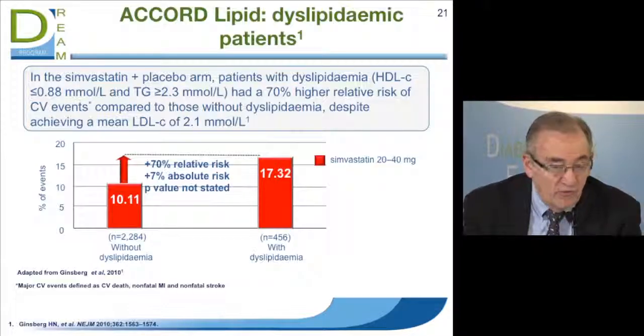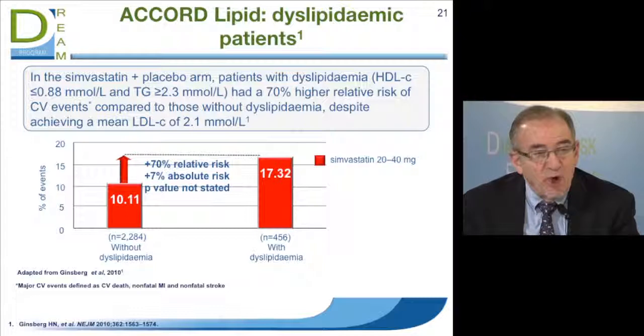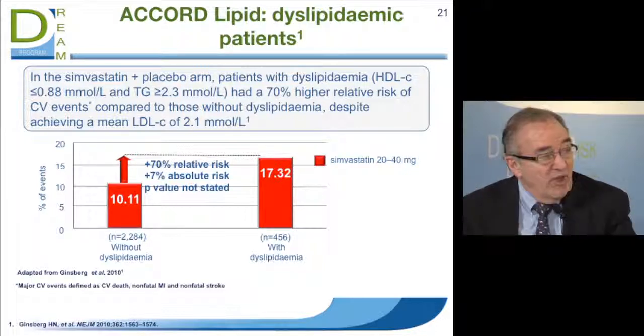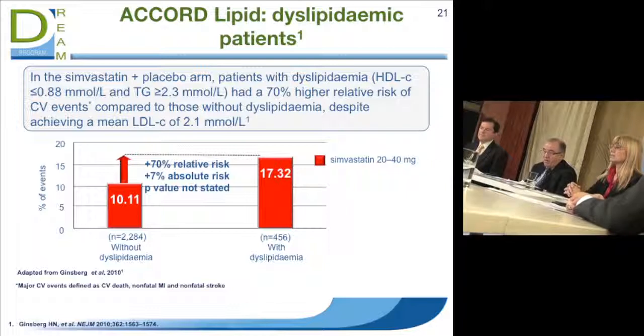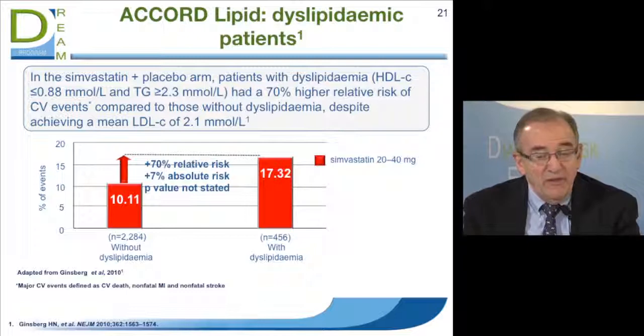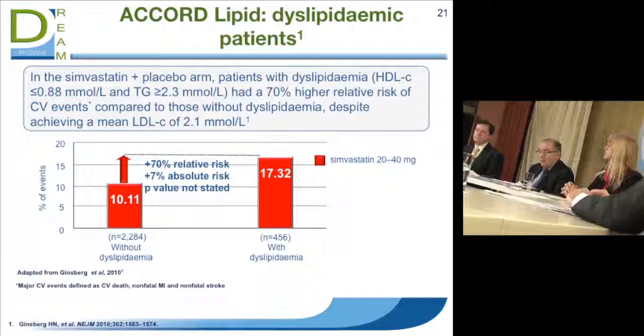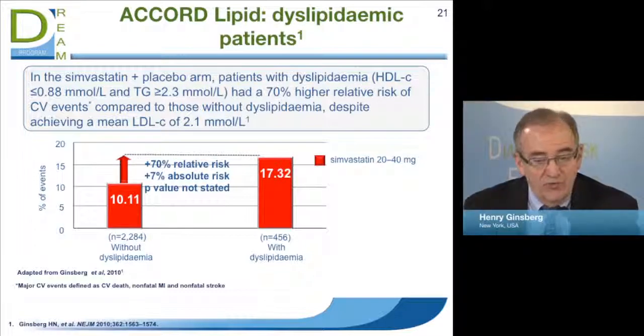This slide demonstrates just that point, and we were quite surprised. The highest event rate overall in any subgroup were those people who had already had cardiovascular events, the secondary prevention group. And they had an event rate of about 18% over the course of the study. As you see on this slide, those with dyslipidemia had an event rate of almost as high, despite the fact that only 40% of them had had a prior event. So this group with dyslipidemia, the combination of low HDL, high triglyceride, had 70% more events during the trial than the rest of the subjects in the trial.